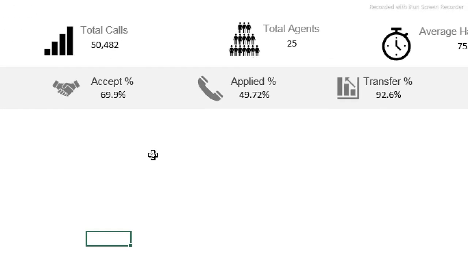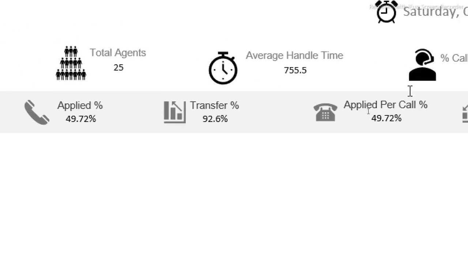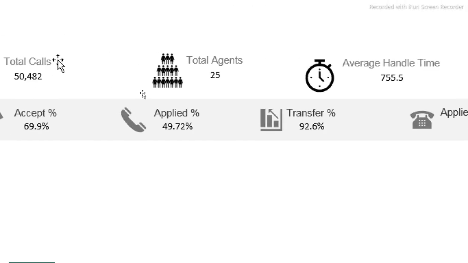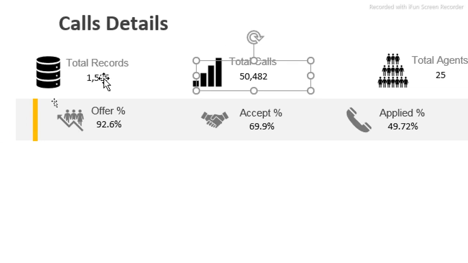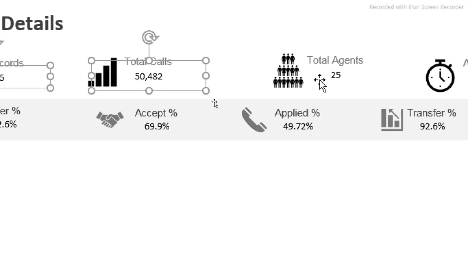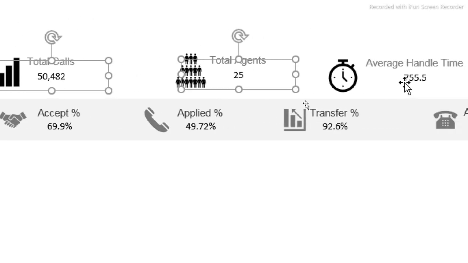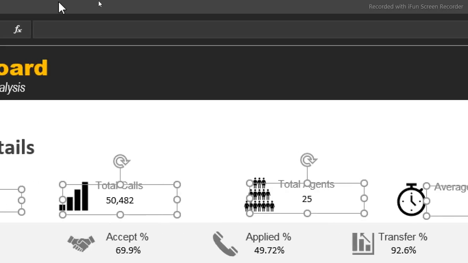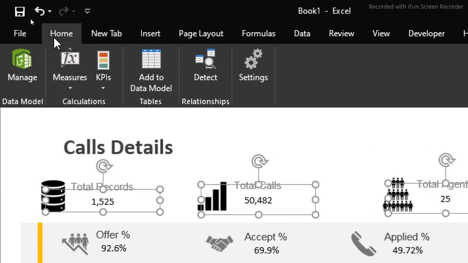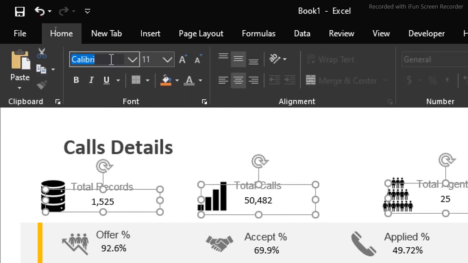Okay, we've gotten every single value right here. As you can see, we have all of them, but we need a little formatting to make sure we have something very nice. So what can we do? I'm going to highlight every single thing right here to apply the format all at once, so I have the same formatting on this one. I'm going to click on home, and from home I'm going to make sure I have this particular kind of